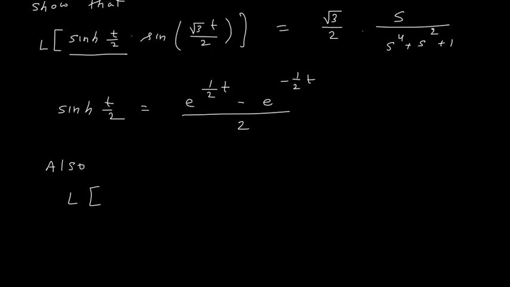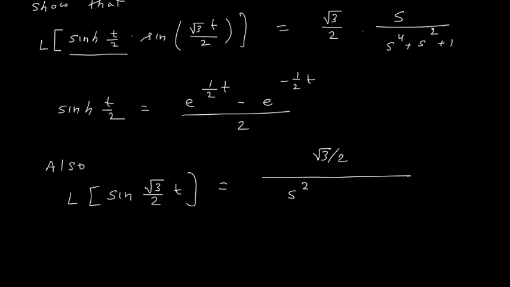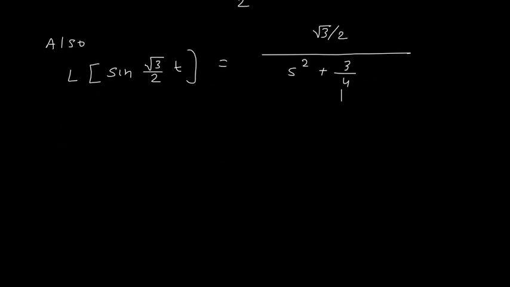Laplace of sine of root 3 divided by 2 t is equal to a upon s square plus a square, that is root 3 by 2 upon s square plus, a square will become 3 upon 4. So this is Laplace of sine root 3 by 2 t. Now